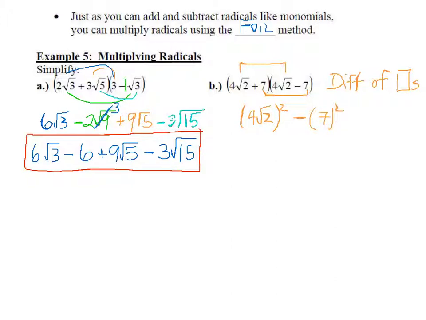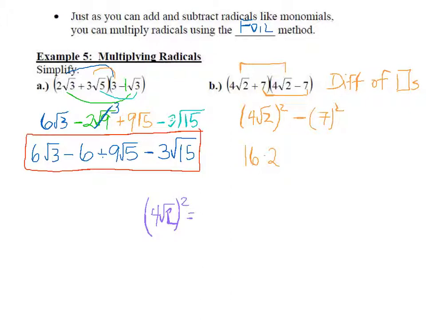So now the big thing is when you take a 4 radical 2 times a 4 radical 2, you have to square the 4 and square the radical 2. So if you square the 4, that gives you a 16. If you square a radical 2, that gives you just 2, because the square will cancel out with the radical. Another way to look at this is if you actually write it out. If you have a 4 radical 2 squared,